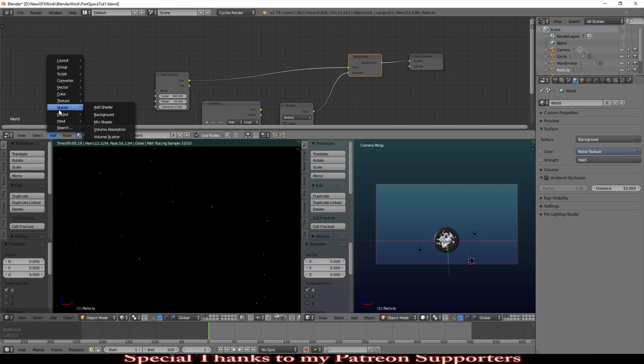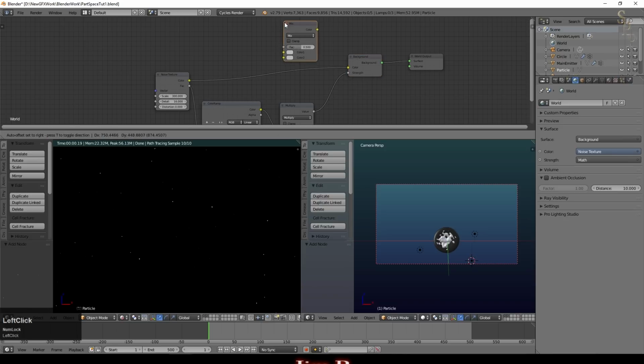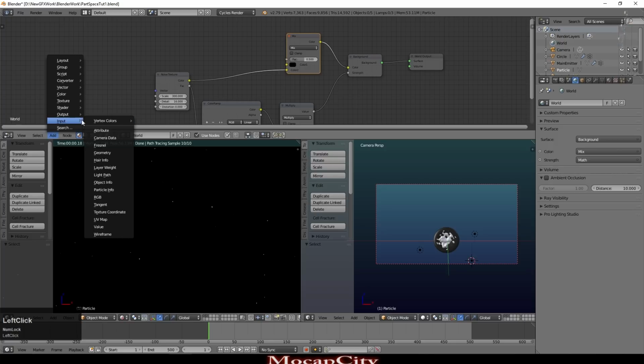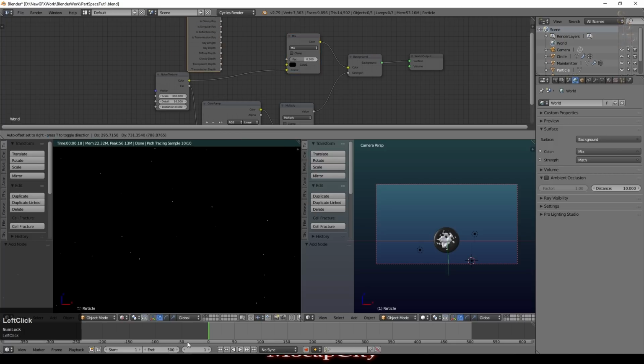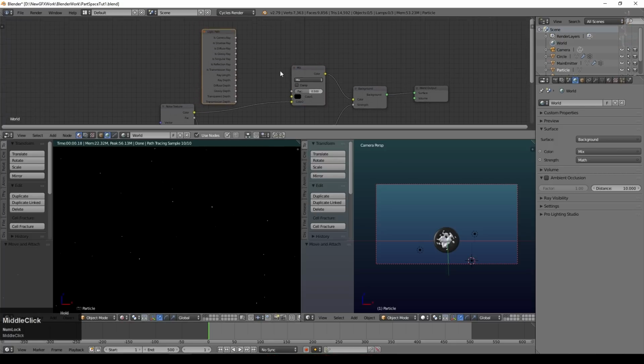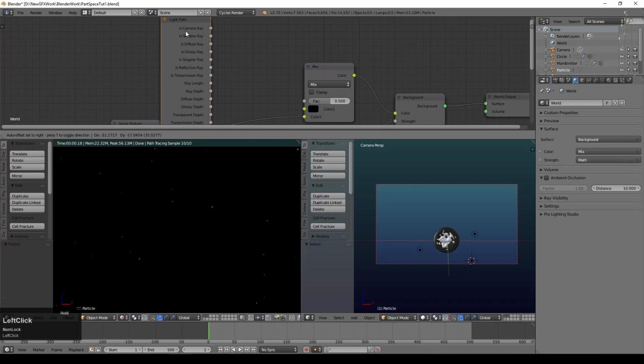So if we go to our node editor again and we add a color mix node, and we drop that in there between the noise texture output and the background. I actually want it on the bottom node, and on the top node I just want that set to black. I now add new input, which is a light path input. It's quite a large one. I'll zoom in on that a bit. And we want to take the output which says is camera ray. So basically, is it a ray that's going straight to the camera or not? Take that output and put it into the factor.